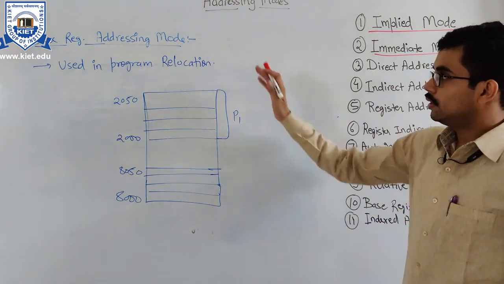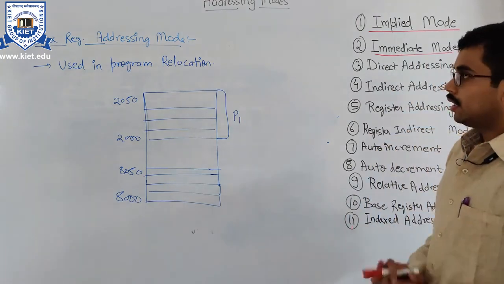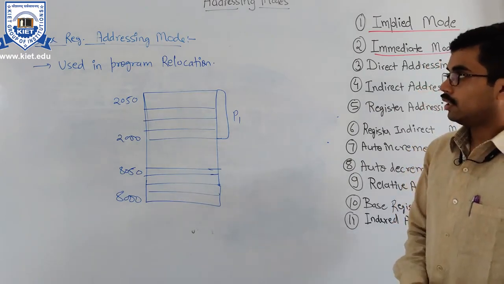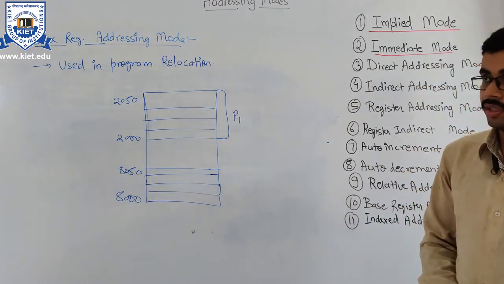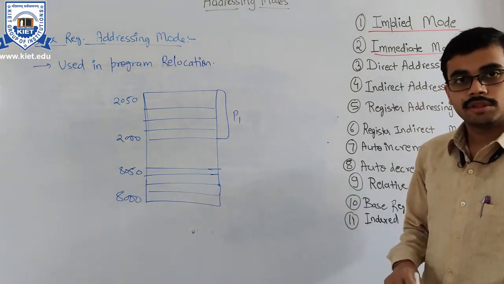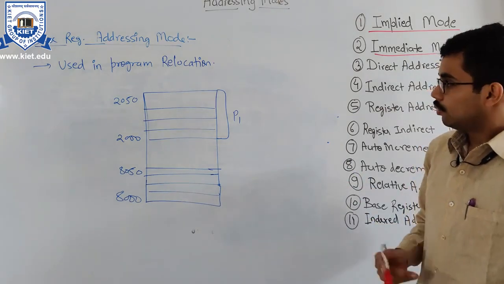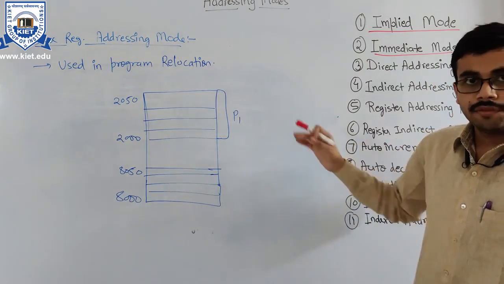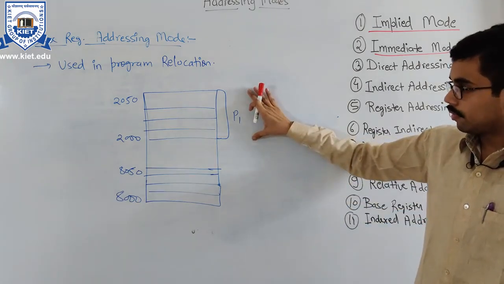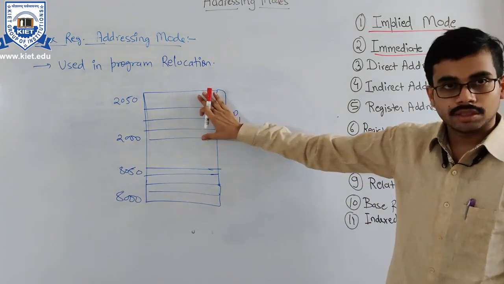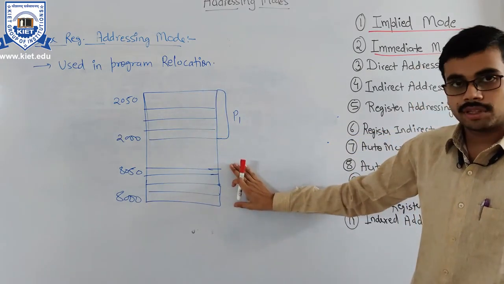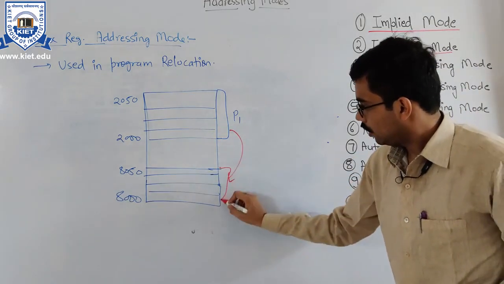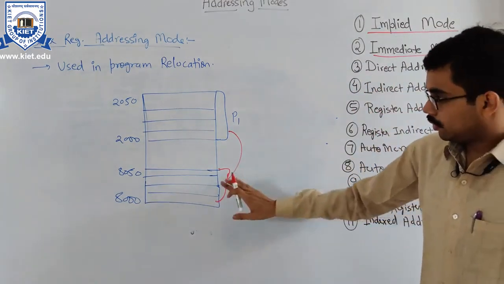The next is the base register addressing mode. In this we use a base register in order to relocate a program. Program relocation: we all know a program is a set of instructions, and each instruction occupies some position in memory. Suppose we have a program stored at some location, and we want to relocate it for execution purposes. We can easily relocate it to this position, from 8000